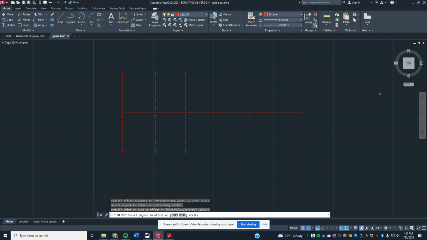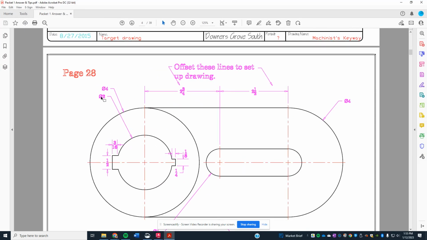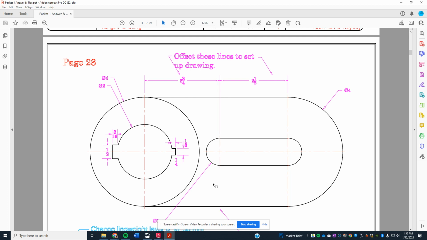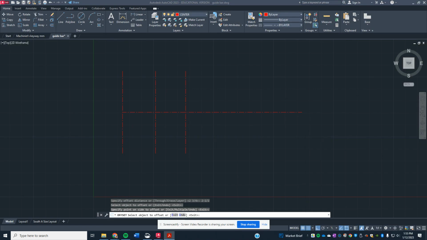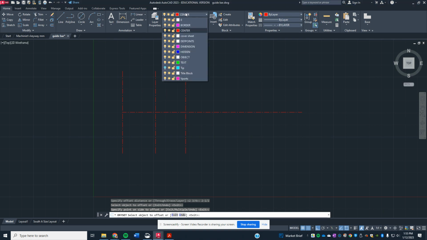Okay, it's time for my circles. These are all the circles. Just as a reminder, in diameter, so I need a 2-inch, a 2-inch one, a 4-inch diameter. We're going to need a 1-inch diameter and a 4-inch diameter. All right, we'll start over here. We're going to use the diameter. First off, I'm going to take my